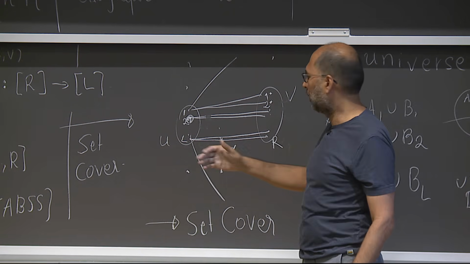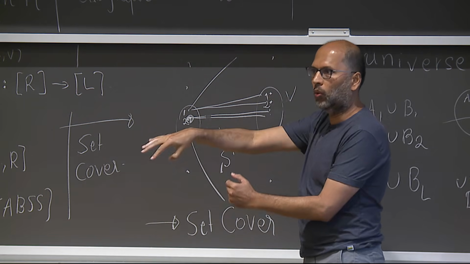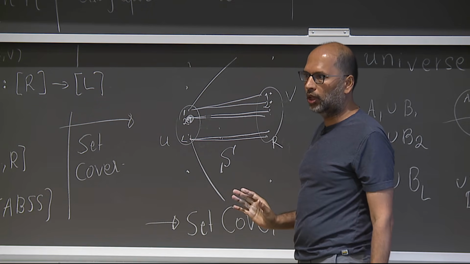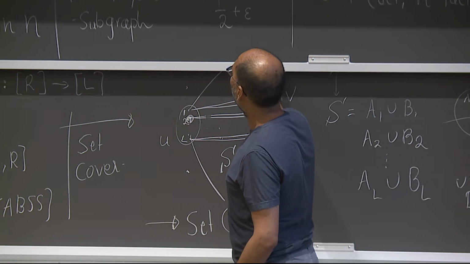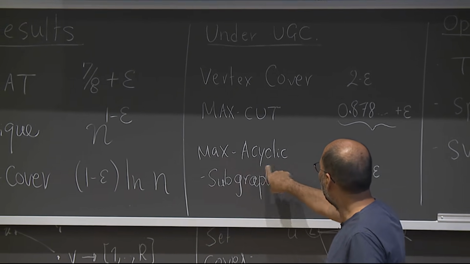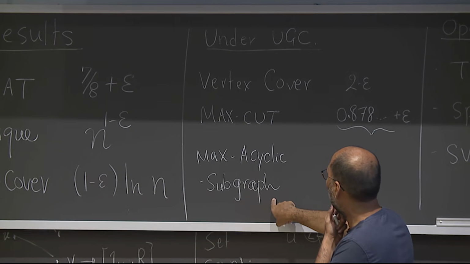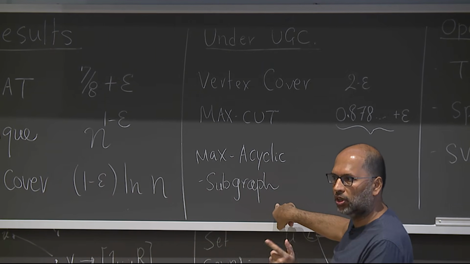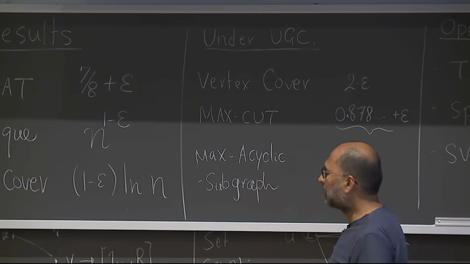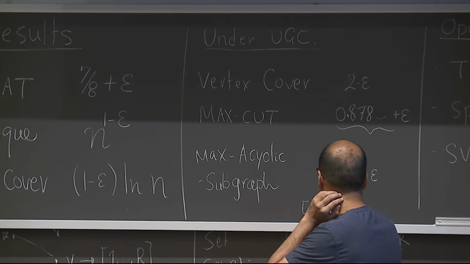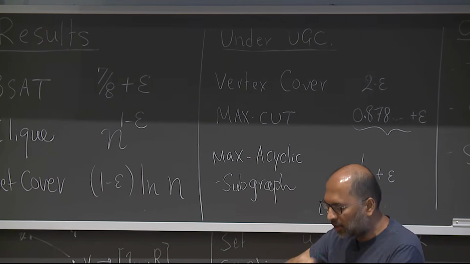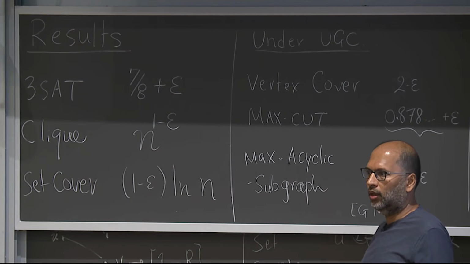You could try to push it harder and say, what if I want this map to, in fact, be 1 to 1, like a perfect matching? And then that would be the unique games conjecture. That would still be open. But under that, you can do vertex cover, max cut, many, many others. I wrote max acyclic subgraph here for a reason, because I hope you recall the definition. It's not a CSP. It's an ordering problem. But this is a paper of Guruswami, Manokaran, and Prasad Raghavendra, where somehow they managed to massage it and recast it as a CSP. And then it's just a CSP.